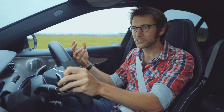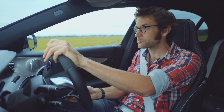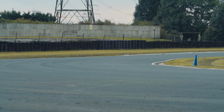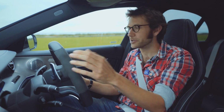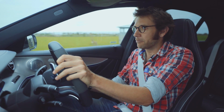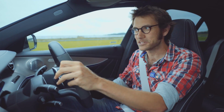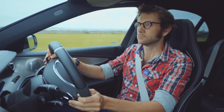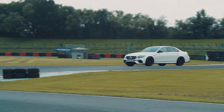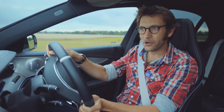And even this has the drift mode, but to be honest, I don't think you really need it, because the four-wheel drive just gives you a little bit of nice extra stability on the exit of corners. This is in four-wheel drive mode, so I really don't see the drift mode as anything other than a gimmick and sort of placating people that think, oh, four-wheel drive, no, boring. Must be able to decouple the front axle. No, you don't. Just great. What a silly but